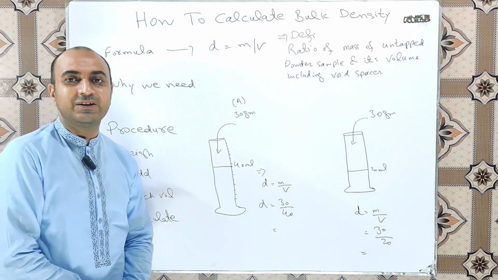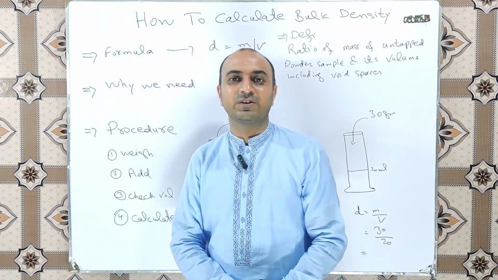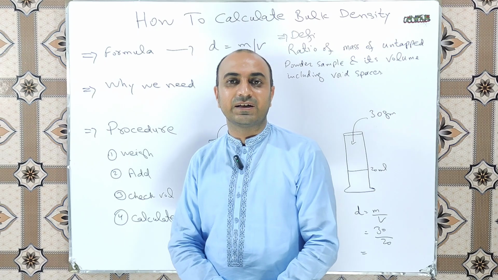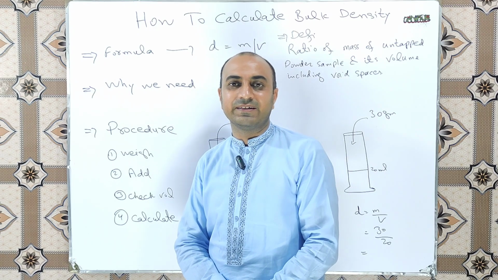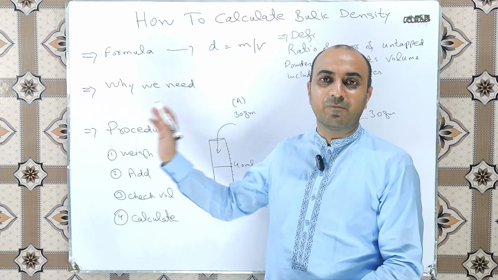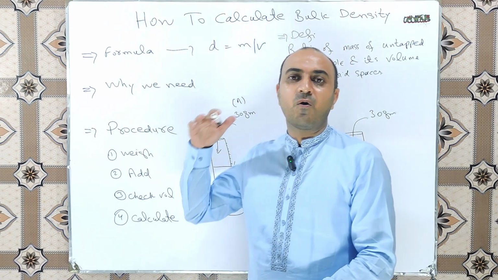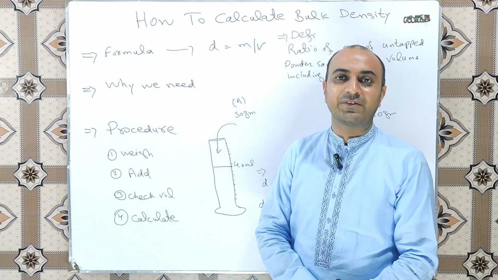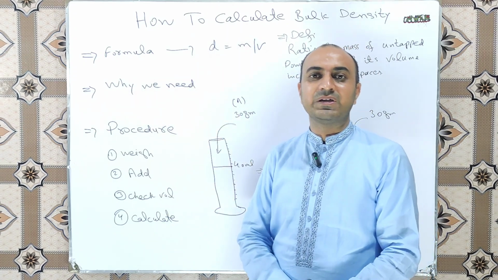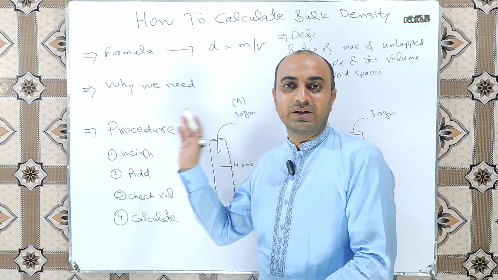Why do we need to calculate the bulk density? For this you must watch the specific calculation videos related to the equipment capacity. The links of those videos are provided in the description. In simple words, we need to calculate the bulk density of powders to estimate how much quantity of a specific material can be added in any equipment. For the batch size calculation we need bulk density.